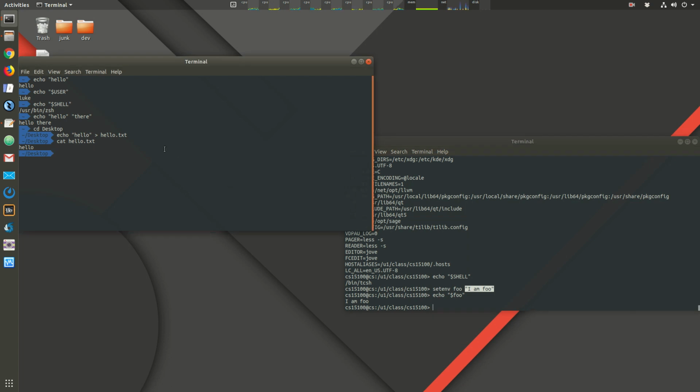All right, now over here on this machine I'm using the shell Z shell. We can check that by asking what's my shell. Okay, I'm using Z shell, ZSH. Now to create variables in Z shell and Bash, which is the much more common shell, we say the variable name and then an equal sign and then what I want to be contained in that variable. Here I say I am foo. Echo